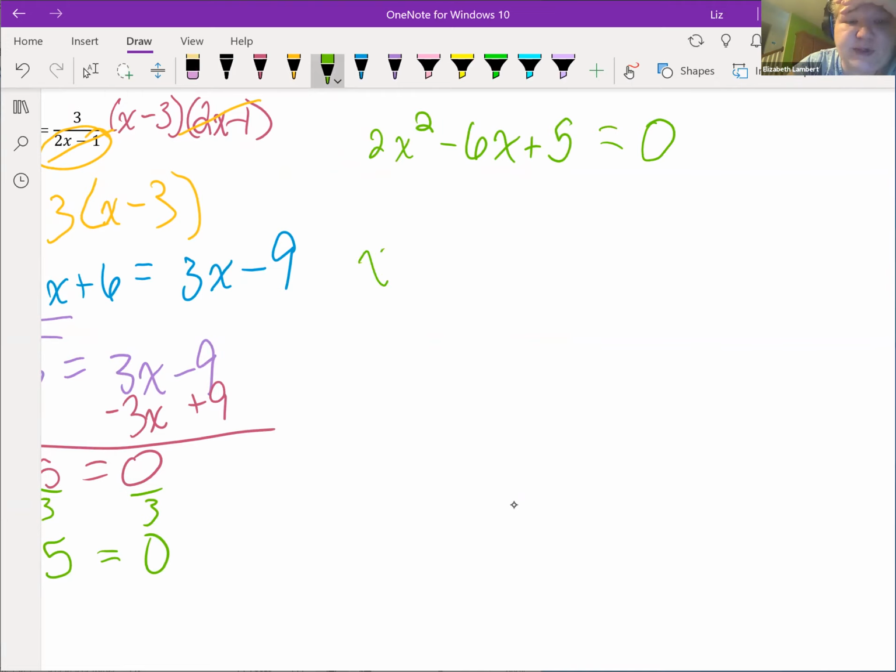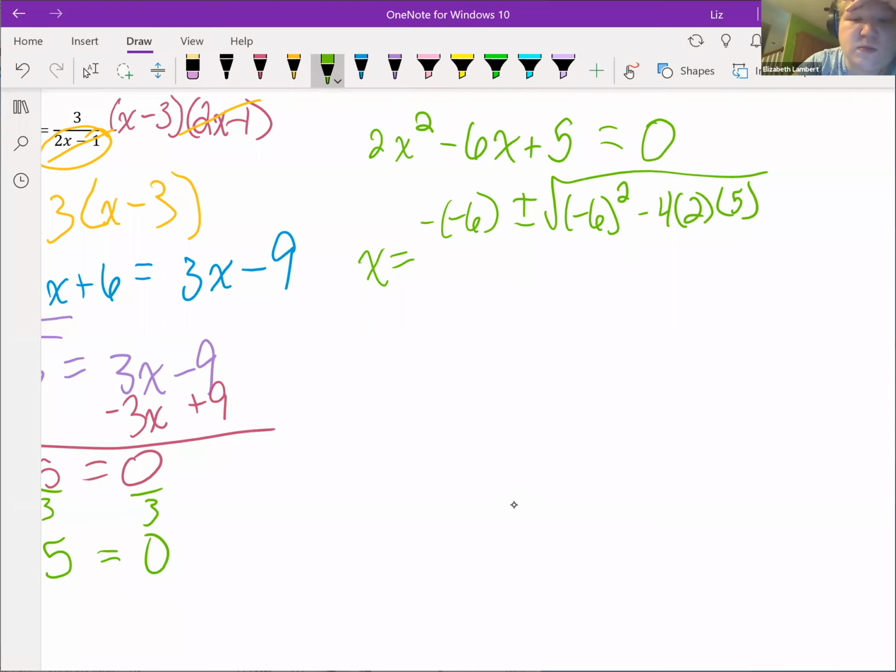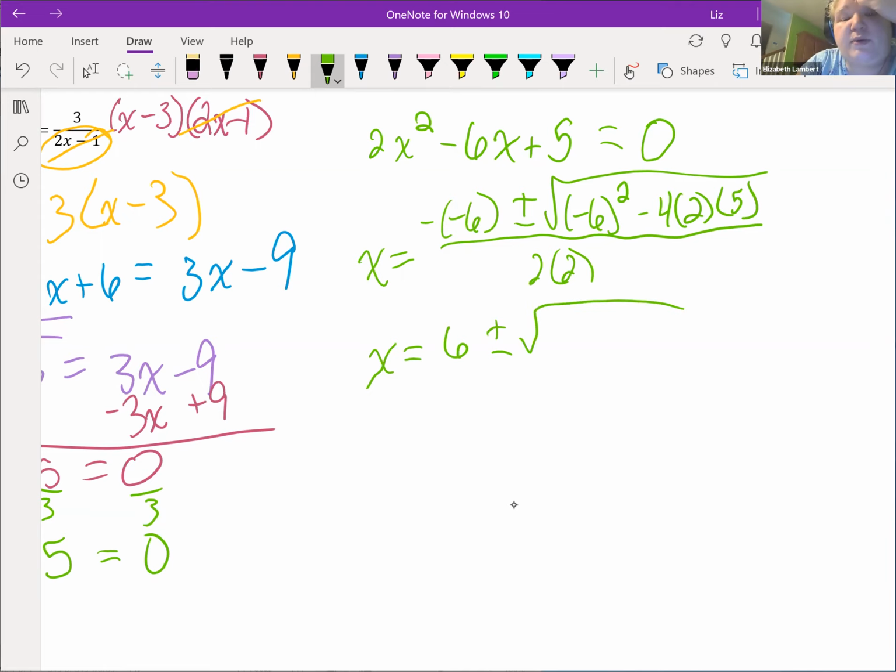All right. So x equals negative b. B is negative. Plus or minus the square root of b squared minus 4ac all over 2a. Oh, interesting. 6 plus or minus. So inside our crazy square root, we have 36 minus 5 times 2 is 10 times 4 is 40. We're going to get imaginary answers,